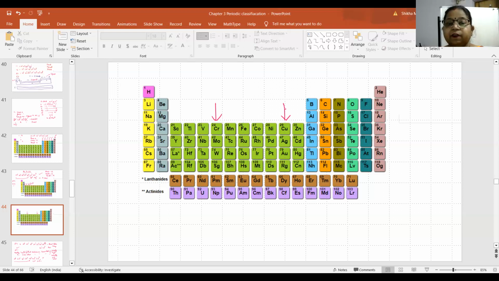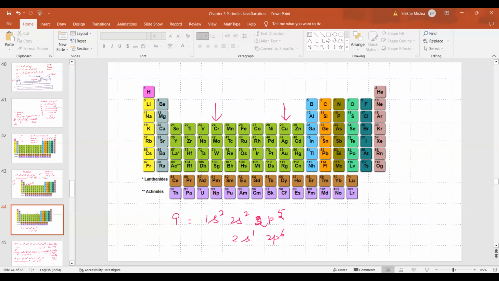Otherwise, what happens if I write the configuration of, let's say, fluorine, atomic number 9, 1s2, 2s2, 2p5. The students come to me asking, ma'am, can I write it as 2s1, 2p6? This question is specifically to Ria. Can we do so? If we do so, why? And if we do not do so, why? No, it's for fluorine, ma'am. Yeah, it's fluorine. Okay, 1 second.